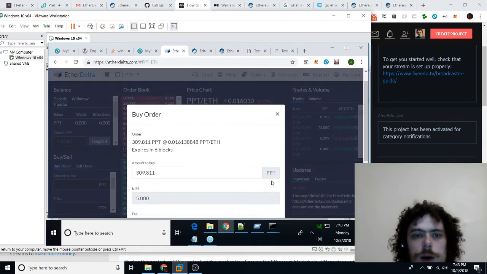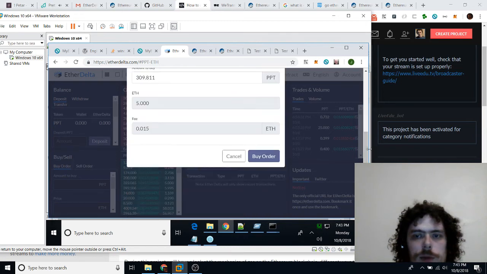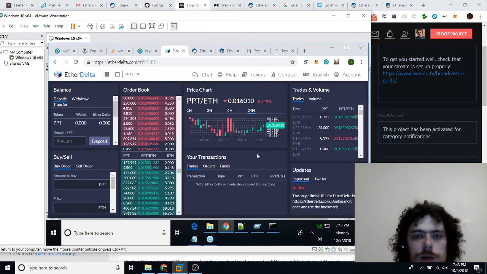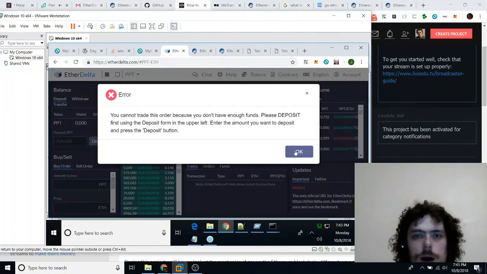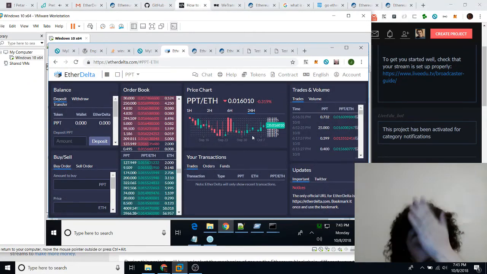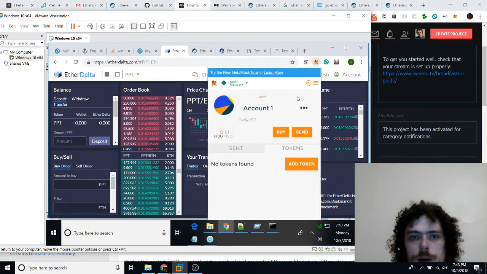So once you hit buy here, it's going to pop up with a MetaMask confirmation. And in that MetaMask confirmation, you can set a higher gas price. I don't have any funds to do it with though on the mainnet. Let's go back to our testnet and see if I'm able to do a test transaction. I don't know if I'm able to or not.